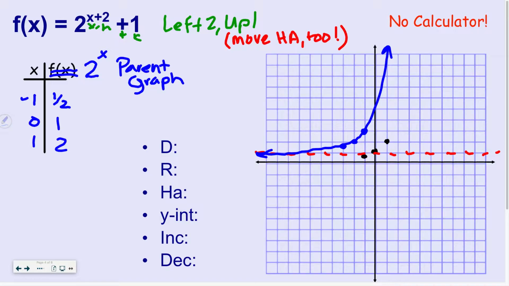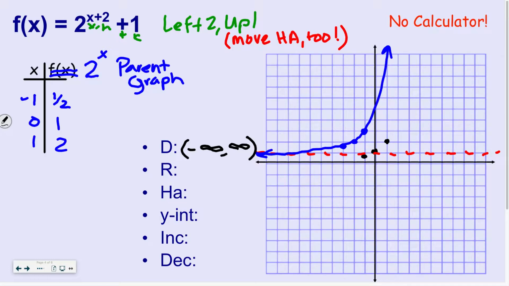What's the domain of an exponential function? -infinity to infinity. Yeah, there's nothing that you can't do with exponents. There's no rules. You can't raise something to the 3rd power or anything like that. Okay, so -infinity to +infinity. What about your range? 1 to infinity. Okay, yeah. There's no graph below the asymptote. The graph starts right above the asymptote, so